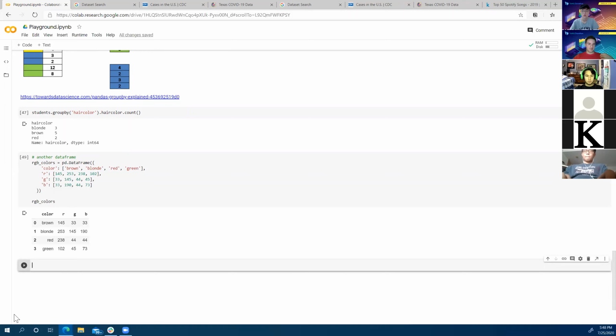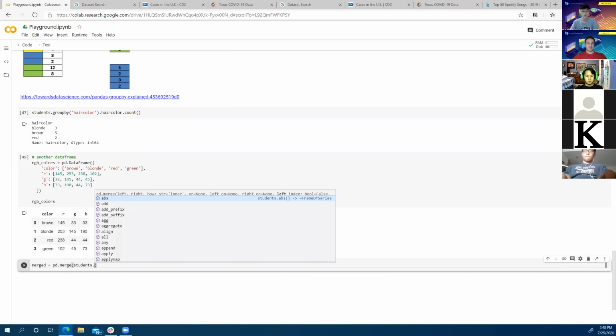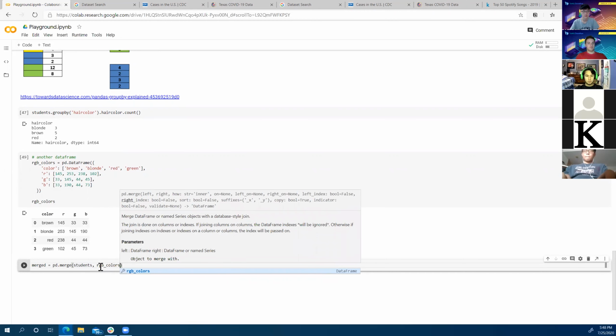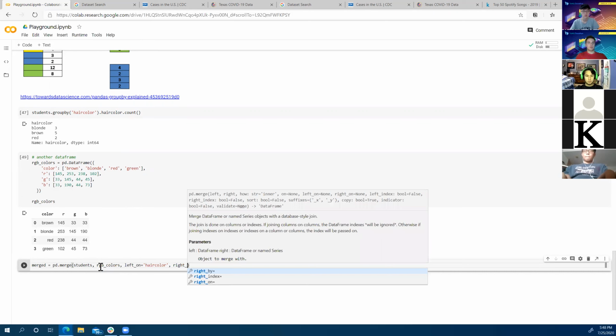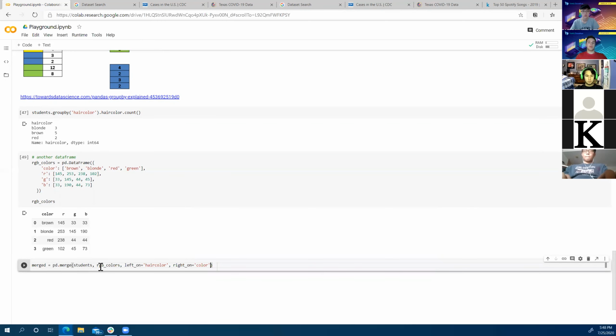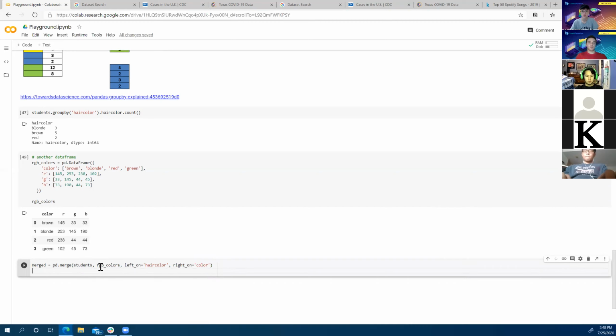In the interest of time, I'm just going to quickly write it out and then give an explanation. If you're good with SQL, you will probably understand what's going on here pretty well. This function is super important because one of the things that we look for at Tama Datathon is, you were given a data set, but did you augment that data set with other information? This is one of those functions that can let you take two data frames and combine them together.